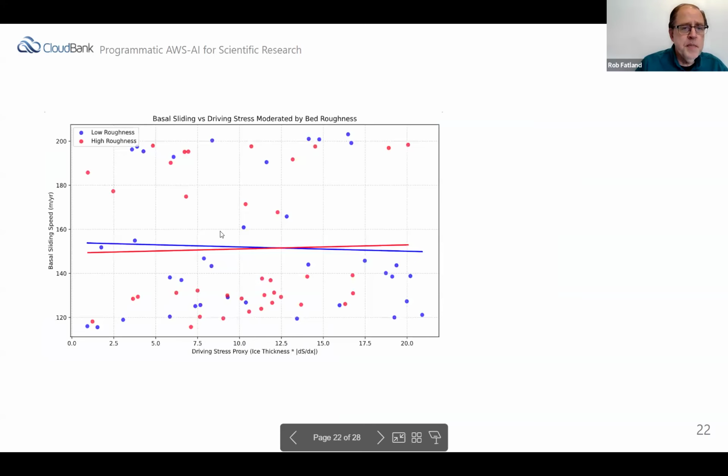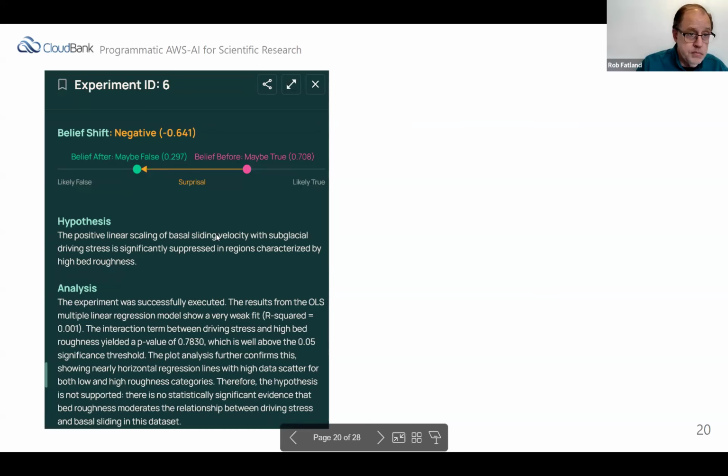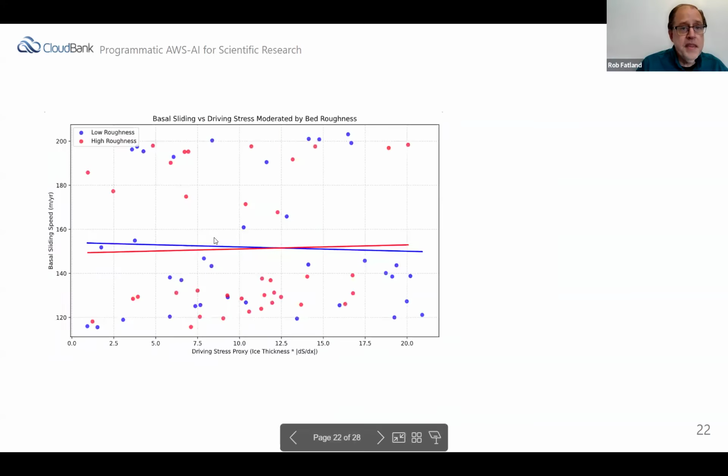This particular experiment that I'm digging into, experiment number 6, tried to do an analysis of the data, and you can see that the data is scattered all over the place, so it's not very conclusive. It's not making wild promises that everything I do is going to be wonderful. It tries a bunch of stuff, and sometimes it doesn't find anything terribly interesting. So that's a screen capture version of what auto discovery is doing.